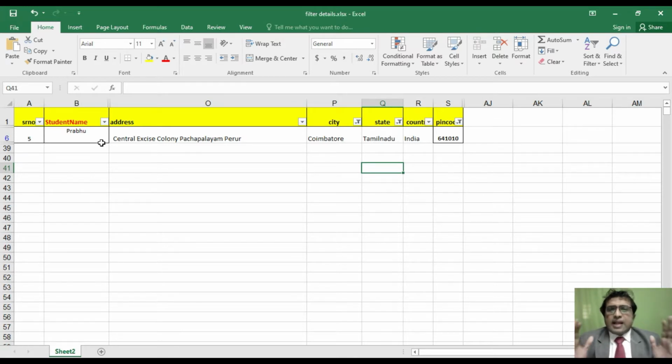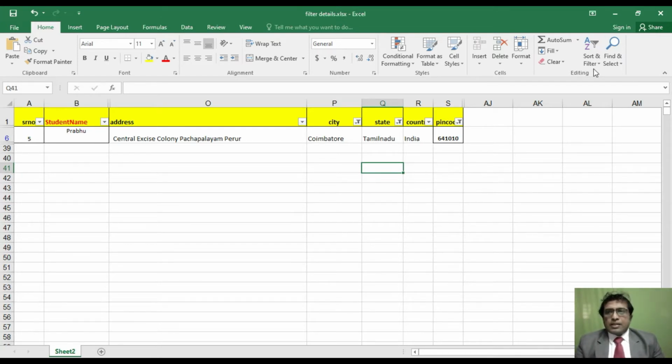Even if you have lakhs and lakhs of data, if the data is entered properly like this based on address, pin code, city and country, you can filter it and you can target the students. It will be a useful tool for marketing also. In marketing, if you have a large amount of data and you want to target your customers based on a particular area, you can use the pin code and connect to those people. Or if you want to target only a particular city, you can use this filter option and target those customers who are in that city.